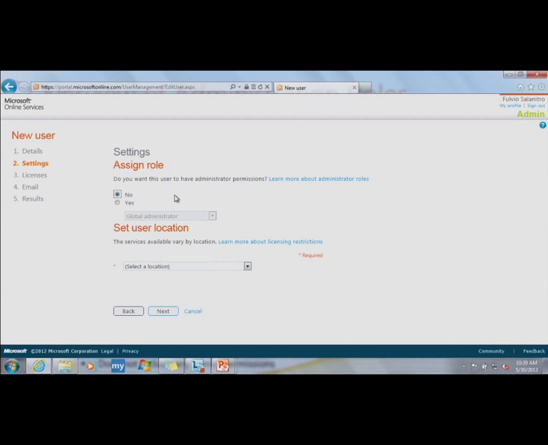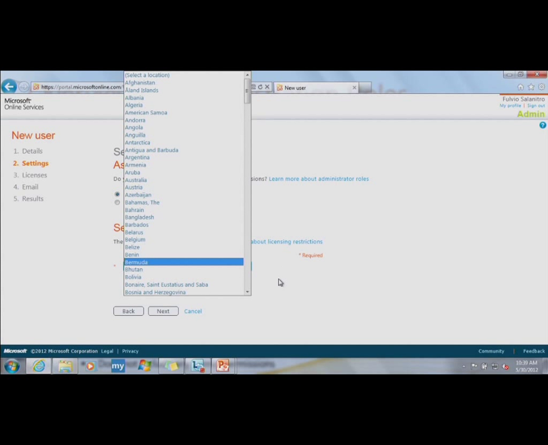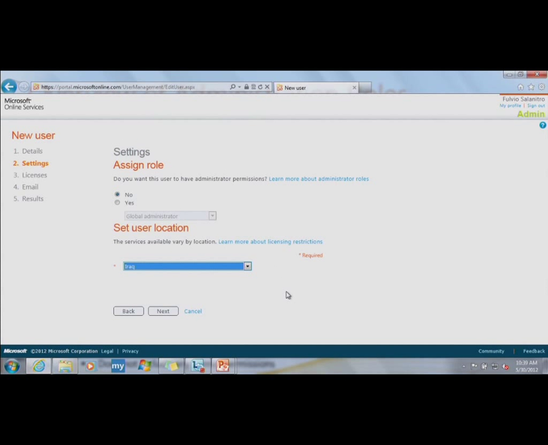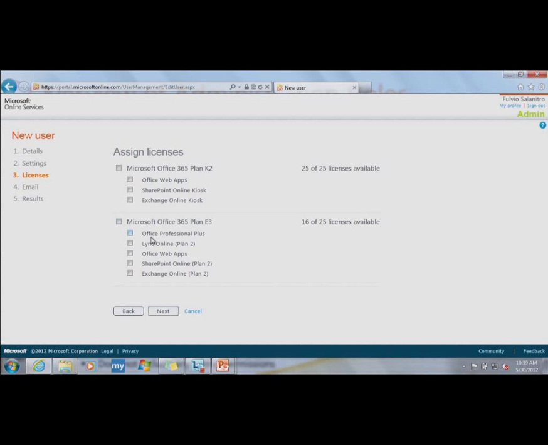So this will be a regular standard user, nothing more. Set user location here again. This is important because Office 365 is not available in all the countries all around the world. This is really important. So for example here, if I select a particular country, like, let's say, Iraq, for example, if I click on next and I assign a license,